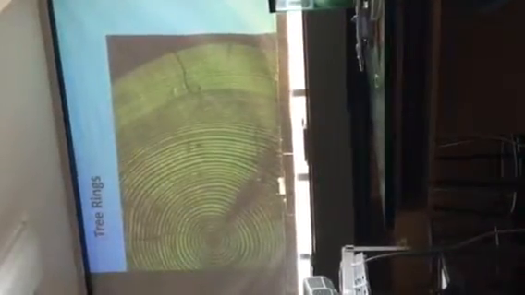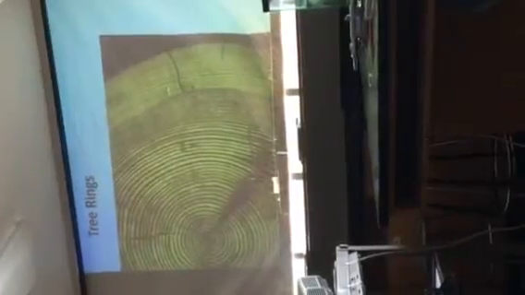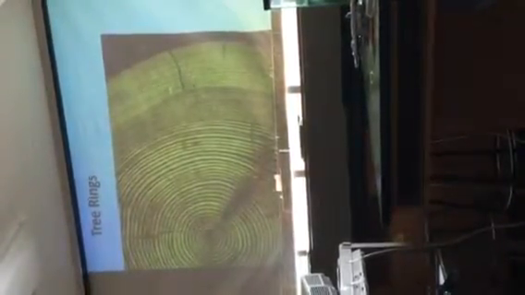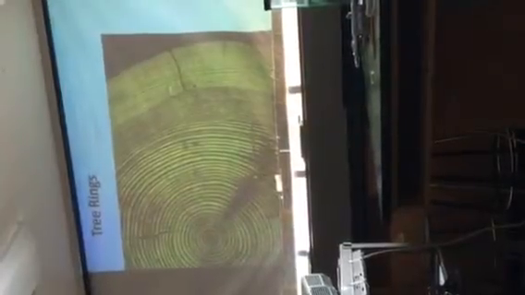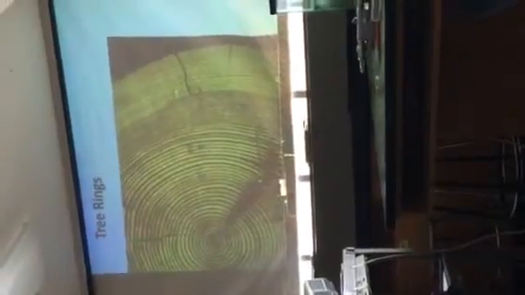One other thing people ask all the time is, Ms. Egas, isn't it bad to go cut down a tree to study the tree rings? Yes. Yeah, we're not trying to kill the tree to study the tree rings. So they actually have a tool, and it's a lot like a corkscrew or like a little tiny drill. They can drill a core sample out of the tree and pull out just this little skinny strip so they can see the stripes and the layers all the way to the center of the tree without actually hurting or killing the tree. They just put a little putty over the hole when they're done so bugs can't get in there. And they can study the tree rings without cutting the whole tree down. Does that make sense?